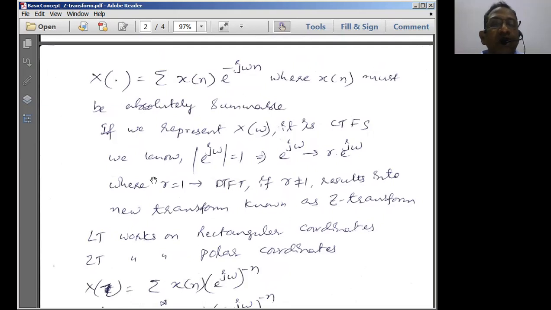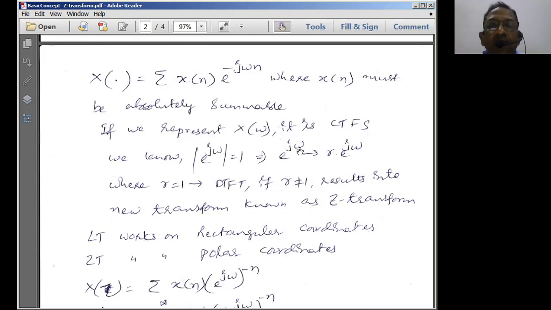So therefore, we know already a basic form, that is |e^{jω}| = 1. That means if you find the absolute value of e to the power jω, we are going to get this value as equal to 1, because we know e to the power jω is nothing but cos ω plus j sin ω. So the modulus value of that is nothing but equal to what? Under root of cos square θ plus sin square θ. We know the trigonometric relationship that under root of cos square θ plus sin square θ is equal to 1. So therefore, this value we can say is equal to 1 over here.